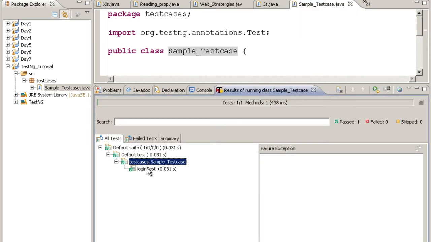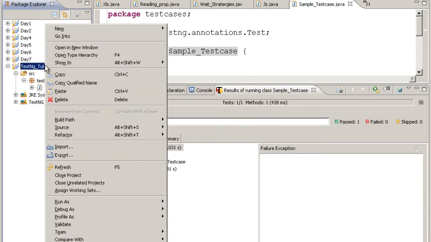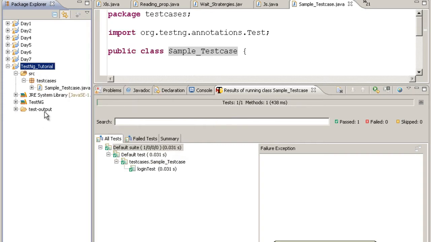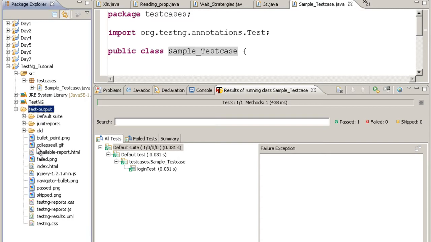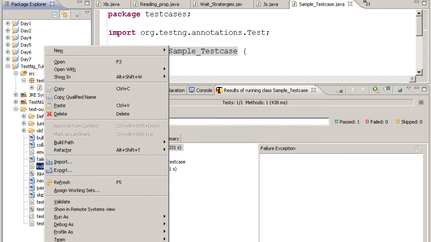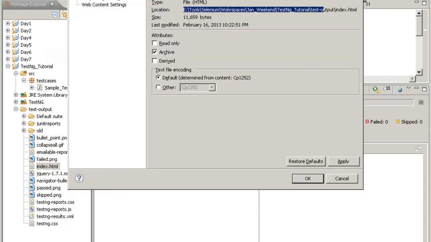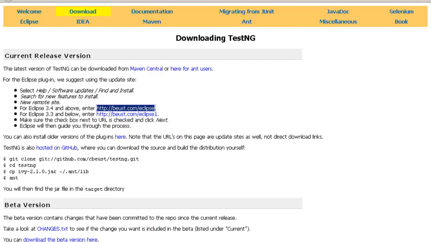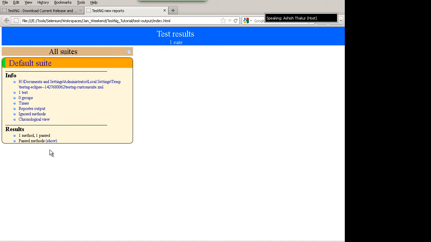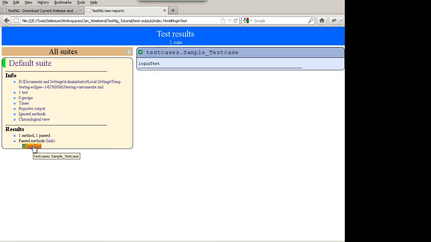And moreover, the best part is if you refresh your project, you will have a folder called test output in which you will have the HTML report. This is the index.html which you can open. This index.html will have the default TestNG reports. You'll see the login test function, it is passing. Not a very impressive report, but by the end of this tutorial,